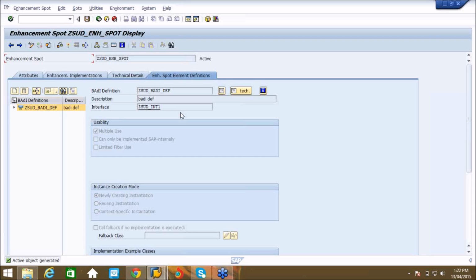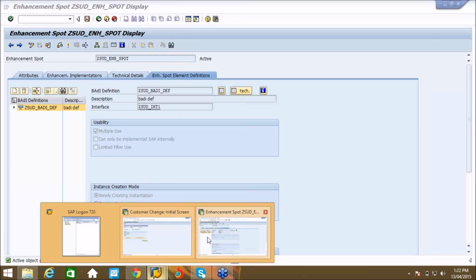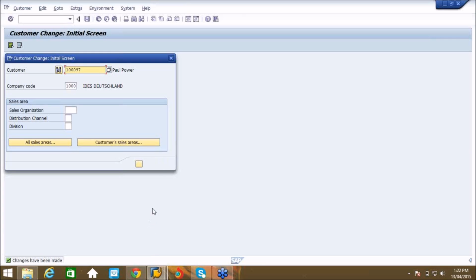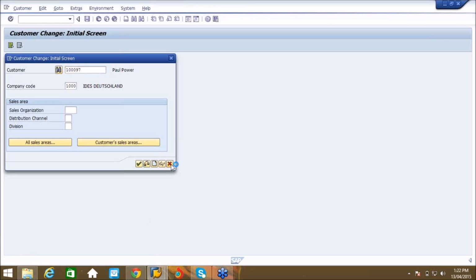Inside that, you need to write some coding to link. What sort of coding do you need to write? Let me show you. Right now I will write my code in the SE38 transaction, but in real time you will write the same code inside a user exit or another body implementation.